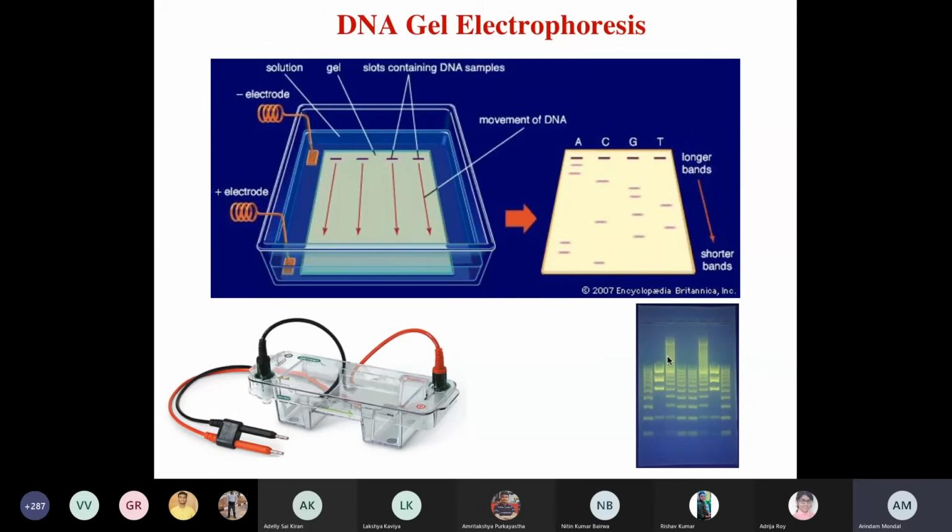If you Google ethidium bromide and look at its chemical structure, it's a completely planar molecule. It looks similar to the nitrogenous bases, and it's a positively charged molecule. Because you have ethidium bromide molecules spread all across the agarose slab, when you apply the electric field, the DNA starts migrating from negative towards positive, and the ethidium bromide molecules migrate in the opposite direction, from positive towards negative.